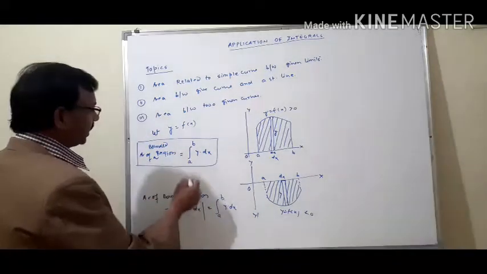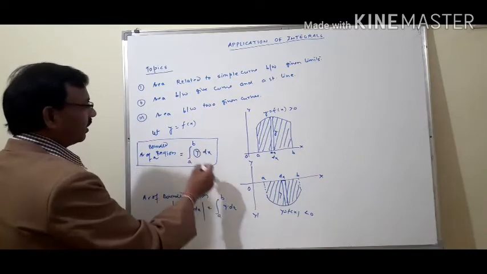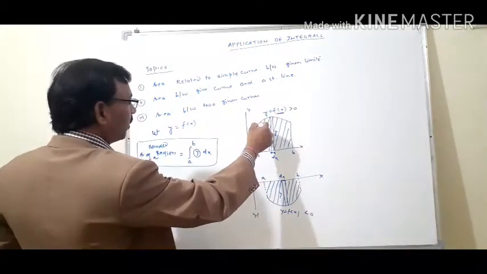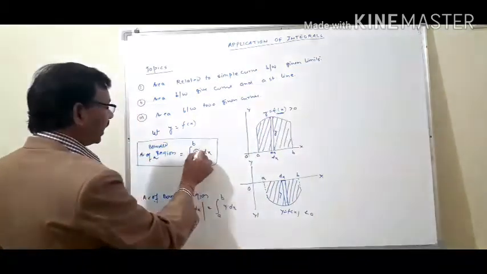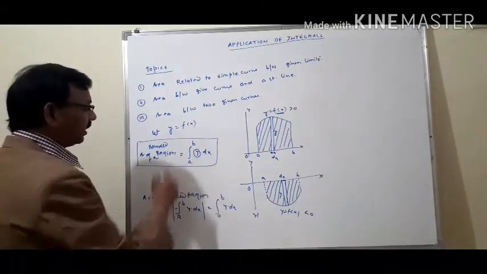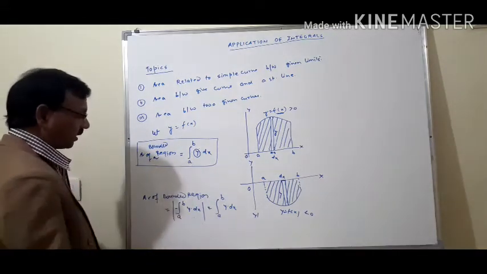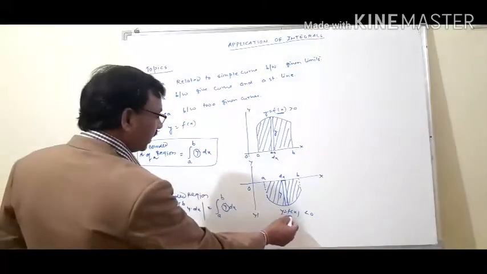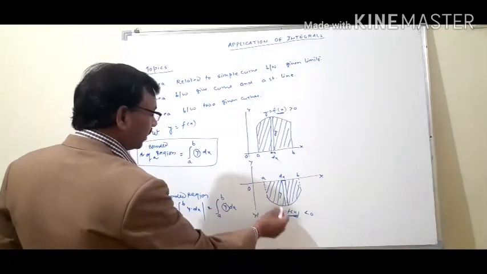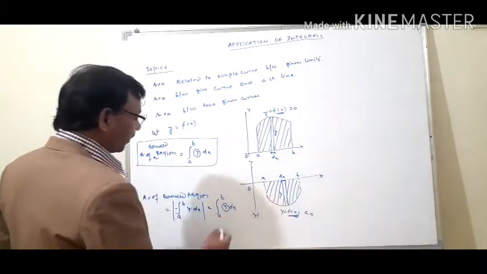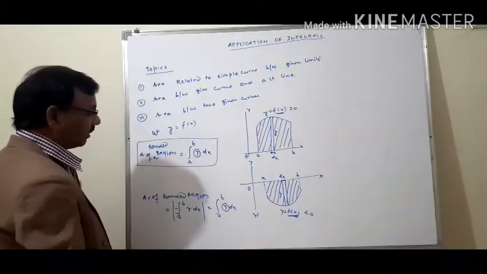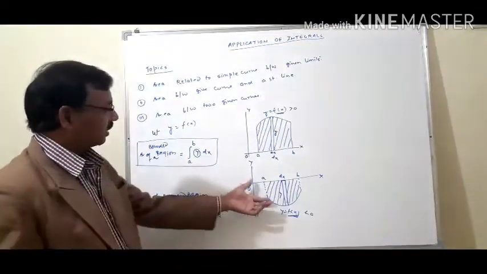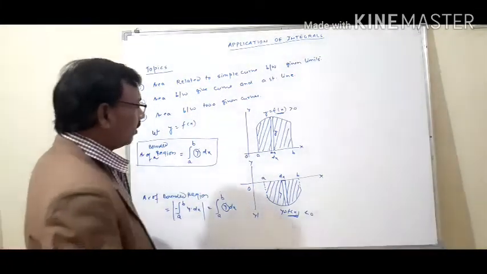Now in both situations, in the place of y, we write y equal to f of x, that means whatever the equation of this curve is, we write it here, integrate it and apply the limits, then you can get the answer. In the same way, in the place of this y, we write f of x, integrate it, then apply the limits, and we can get the area of this bounded region.